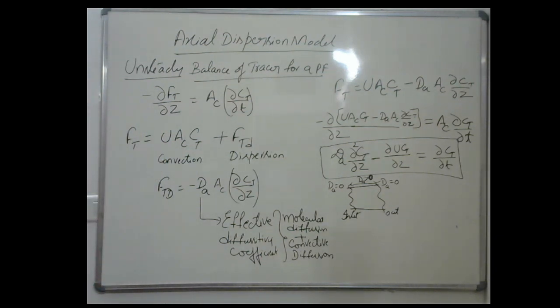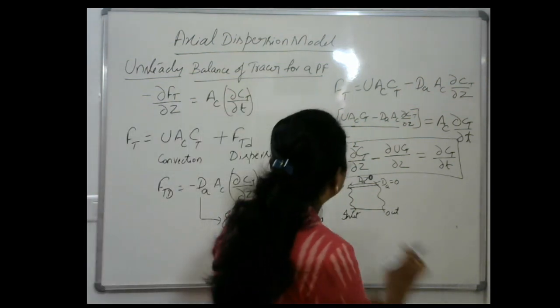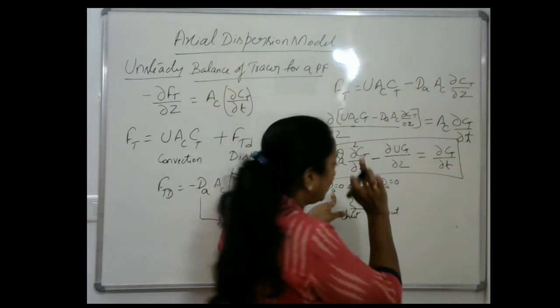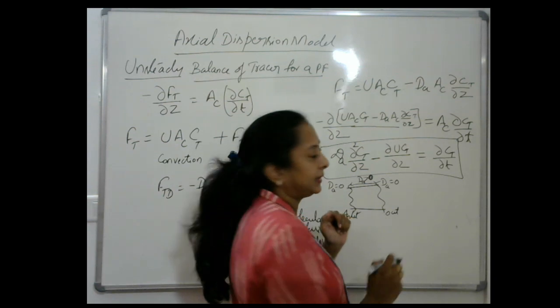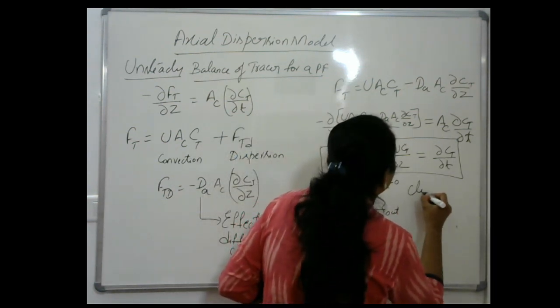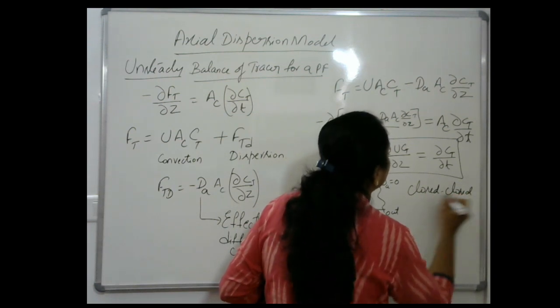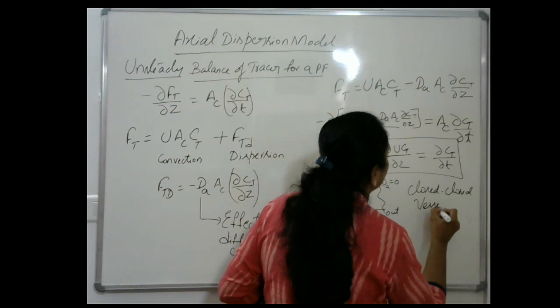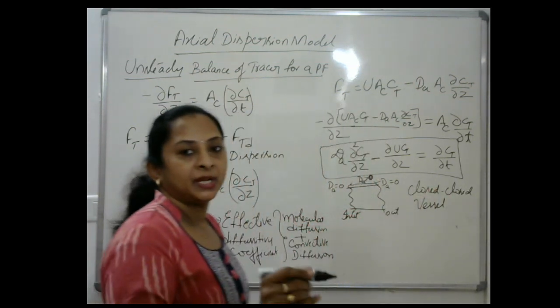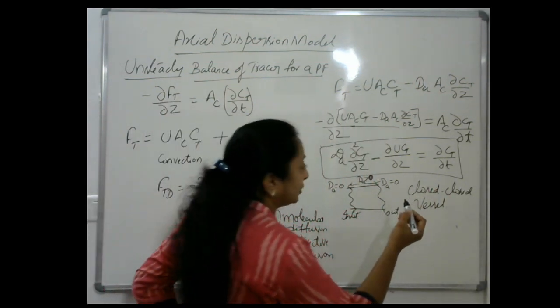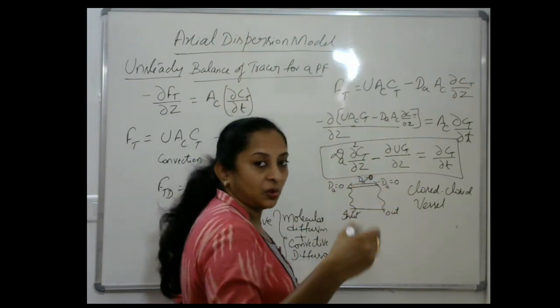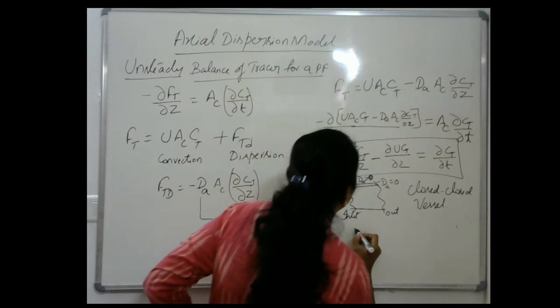note, what does that mean? D_A is equal to 0. It means there is no dispersion at the inlet. This D_A equal to 0 means no dispersion at the inlet. So this approximates a closed vessel. This is not approximating, this is a closed vessel. Next case, so this is to make you understand what is a closed vessel and an open vessel.